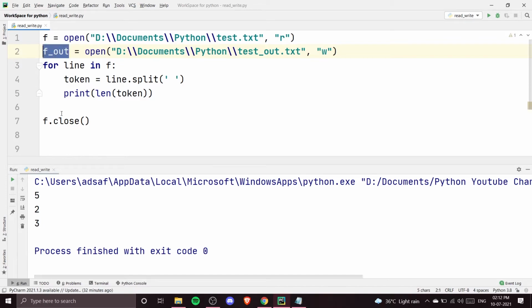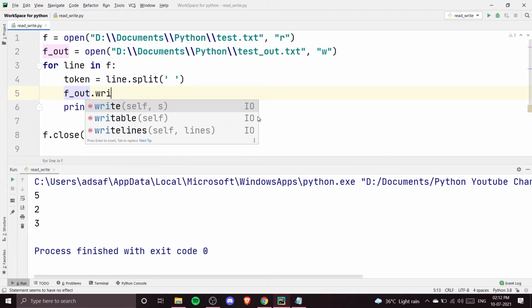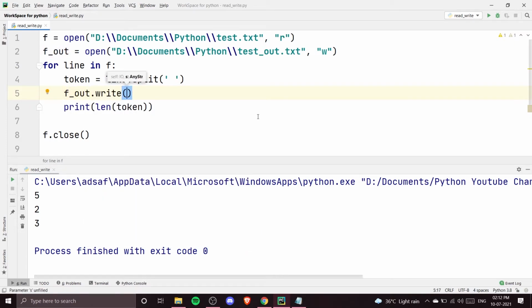and we are working in the write mode now for this particular file. Now after this, I can just write here f_out.write, and what we are going to write here is the number of words. So how can we write this? In underscore, we can write word count will be, I'm going to concatenate the string, and we can just print the length of the token.